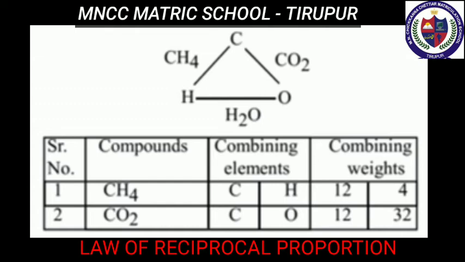Consider the three elements hydrogen, oxygen, and carbon. Here, hydrogen and oxygen combine separately with the same weight of carbon to form methane, that means CH4, and carbon dioxide CO2. Here is the ratio of different masses of hydrogen and oxygen that combine with the same mass of carbon. The ratio is 1:8. Now, hydrogen and oxygen combine to form water, H2O. Ratio of mass of hydrogen to oxygen is 1:8. From these two equations, the ratio is the same as that first obtained. Thus, the law of reciprocal proportions is illustrated.